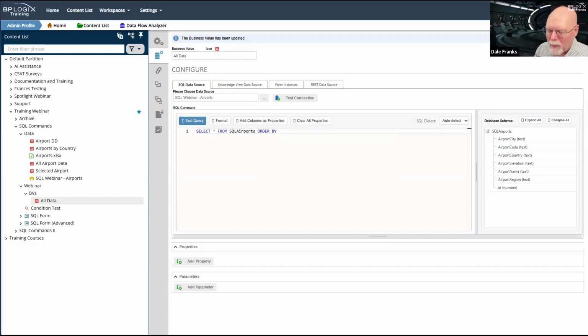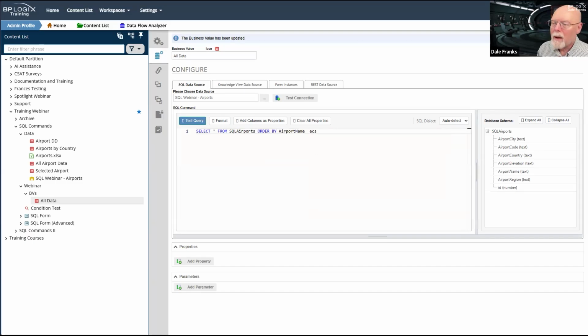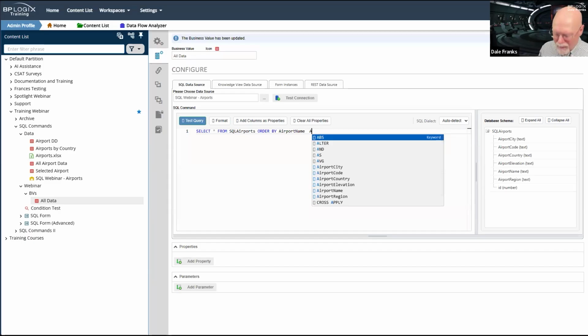I love the new Monaco editor in the product too. It does make making SQL statements a lot easier for you. So we're going to order by airport name. And because I am who I am, ASC.